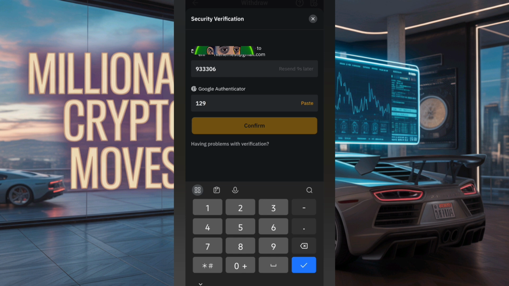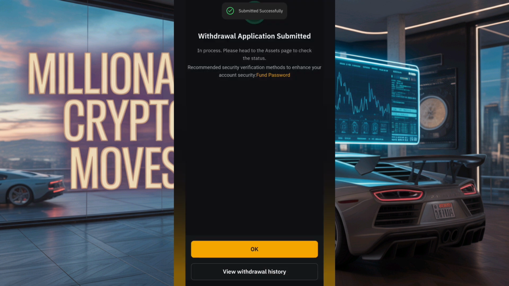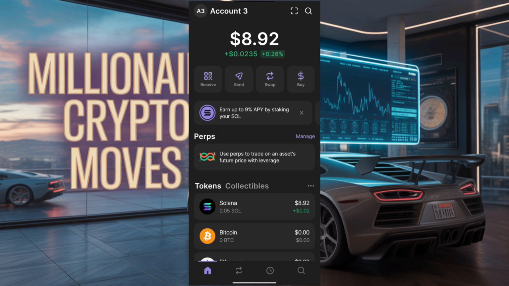Instead of using authenticator, you can actually use your number, right? But authenticator is more secure for securing your account. So you can see right here it says withdraw application submitted. Once we receive the Solana from our Bybit to this account,